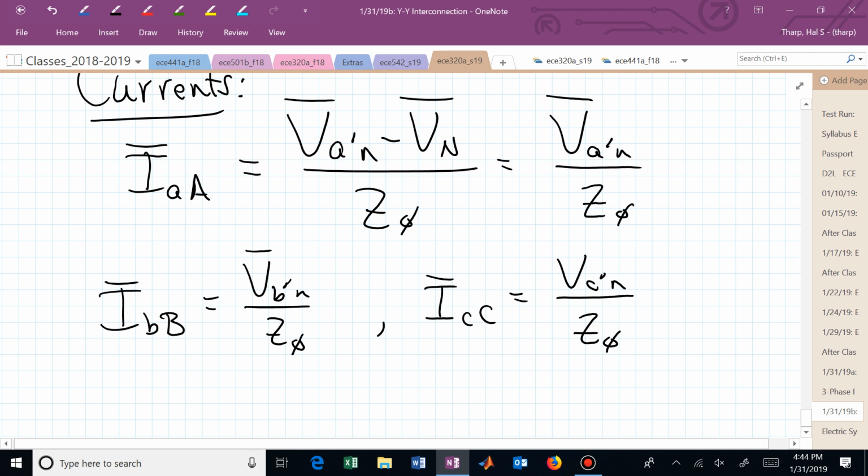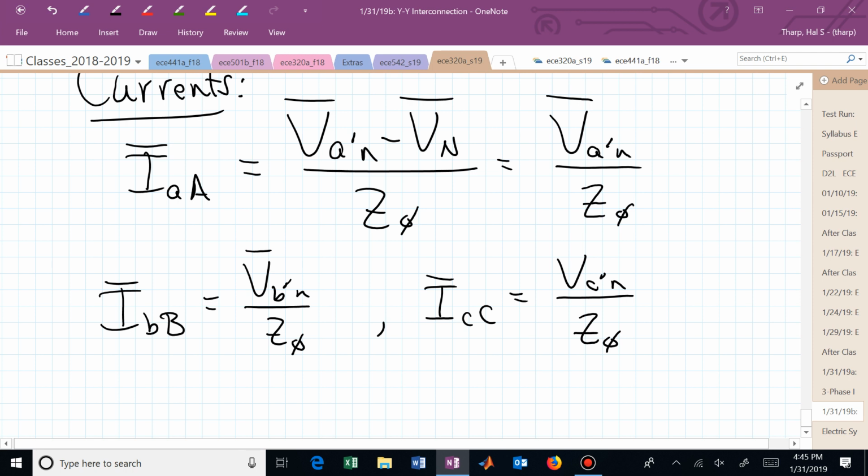What can you tell me about the currents if they have this connection? Do they cancel out? Or what do we know about A prime, B prime, C prime voltage phasors? They're not quite all the same. They are a balanced set of three-phase voltages. They differ by this 120 degrees. But Z sub phi is the same, isn't it? So what does that say about I sub A, B, and C? They form a three-phase balanced set of currents.